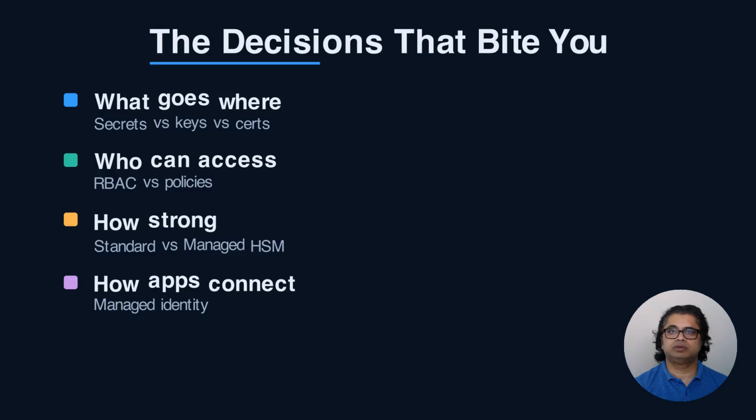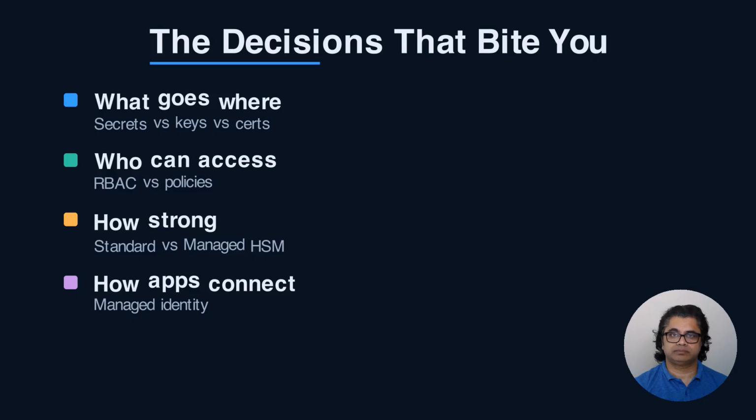In the next few minutes, I'll walk through the real decisions: what belongs in which object type, which access model to choose when a standard vault isn't enough, how your apps should authenticate, and how to handle rotation. These are trade-offs, not a feature tour, and pricing and limits change, so confirm against the current Azure docs before